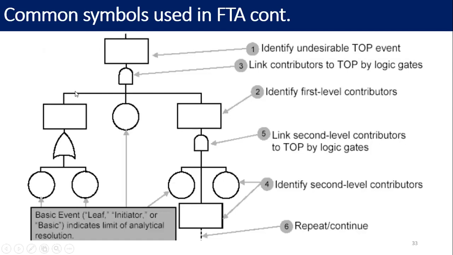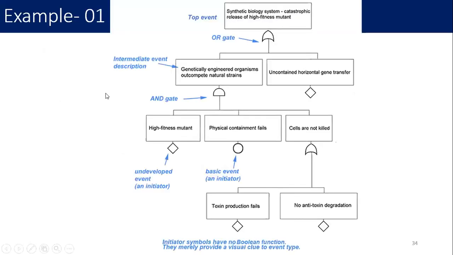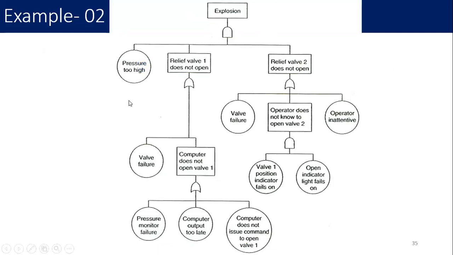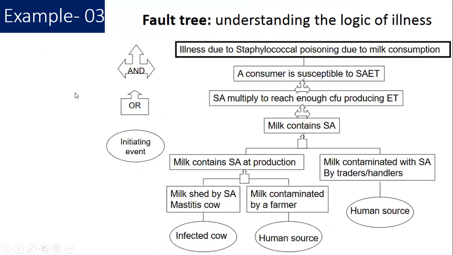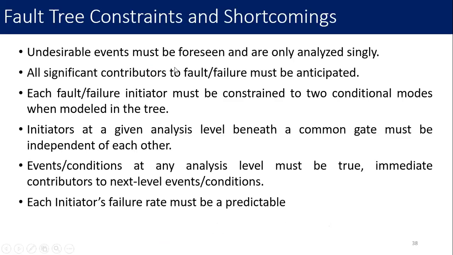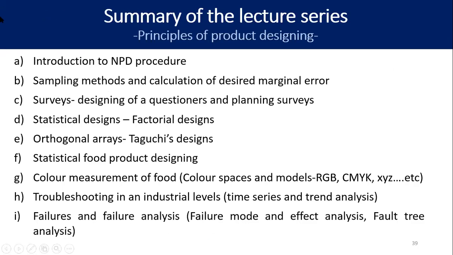This is an example for off-flavor in fried chicken. You can develop it by using these diagrams and symbols. If you have 28 people in your batch, the 28 fault trees will not be similar. It depends on your knowledge, your experience, and the brainstorming method you use. The fault trees are dependent on these, but you can get very similar fault trees. Okay, then these are the advantages, which you can read.